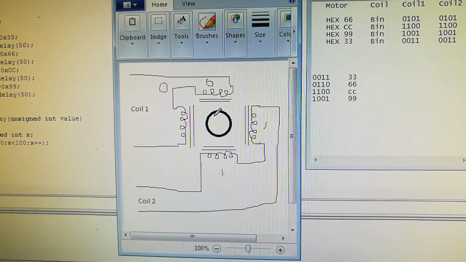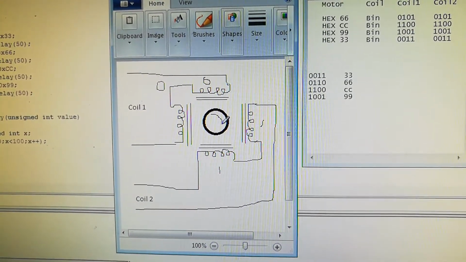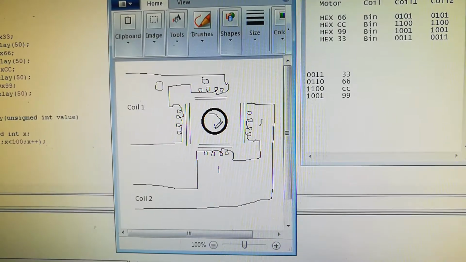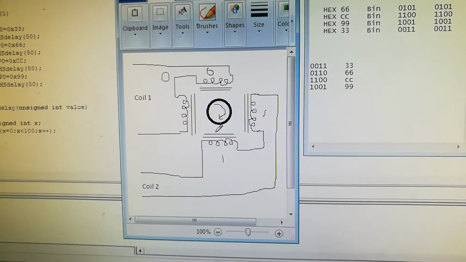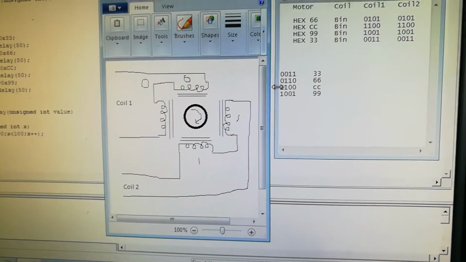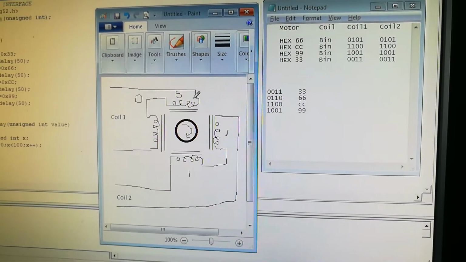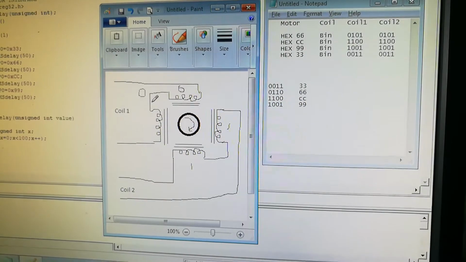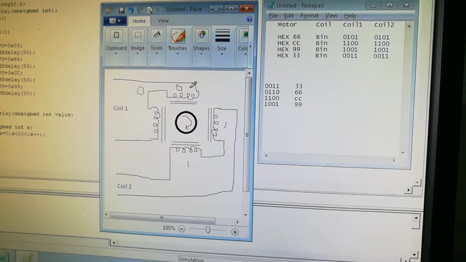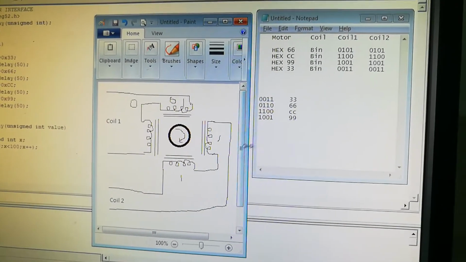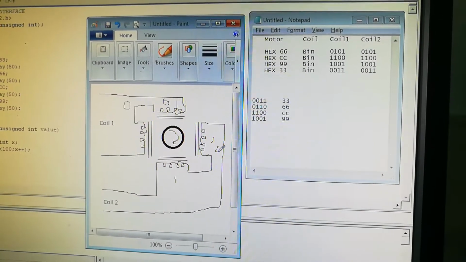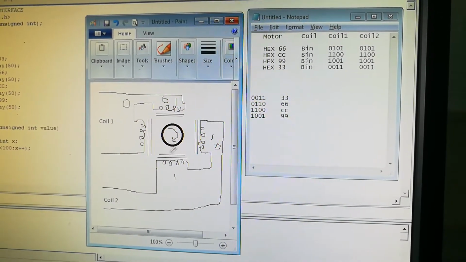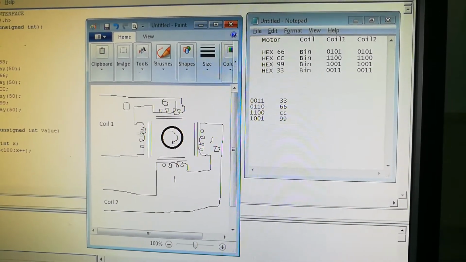Now what happens? The stepper motor starts rotating in clockwise direction. In the same way the values will change. Again 0110. So next coil will be here, it will be 1. So that is 0 as it is. This becomes 1 and this becomes 0 and this becomes 1 and 0. So this will go on changing.